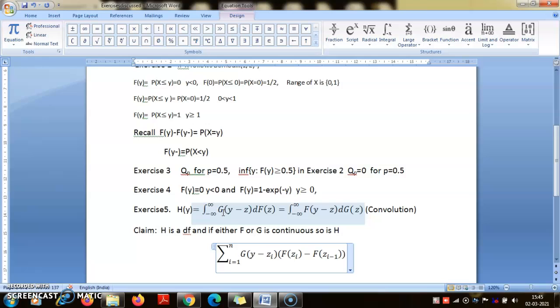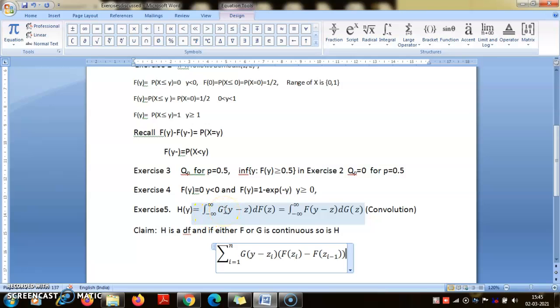Of course, to take the limit under the integral, you will need something called the DCT, which will hold here because g is bounded. So using the dominated convergence theorem, you can also prove that h is right continuous. These are some important properties. So we can prove that h is a distribution function, and in fact one of the distribution functions,